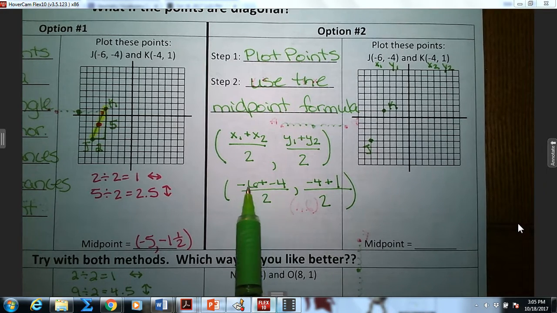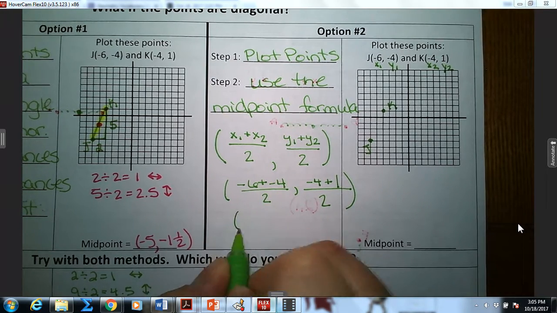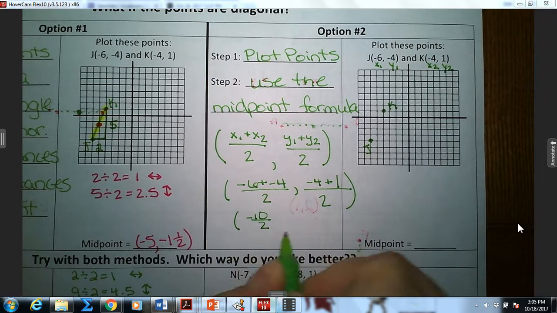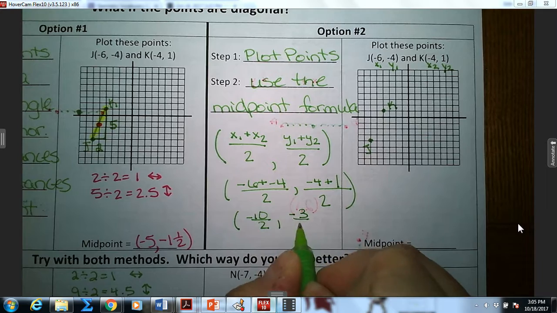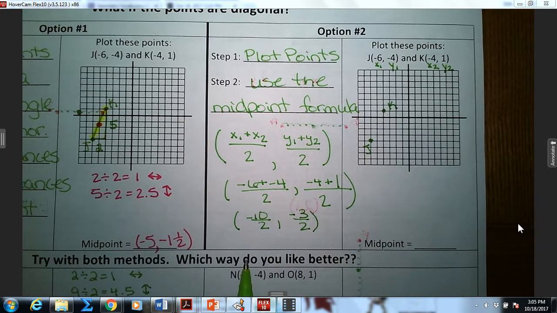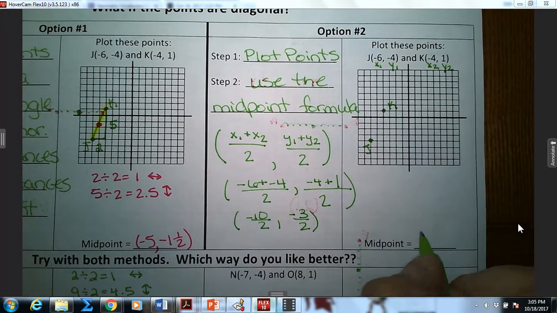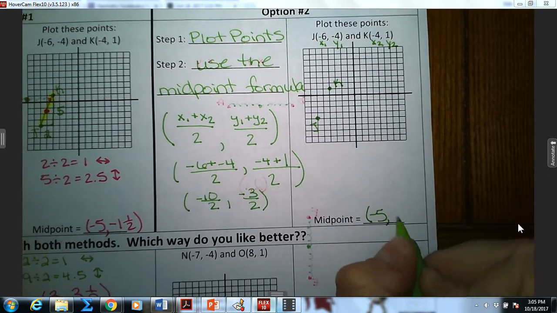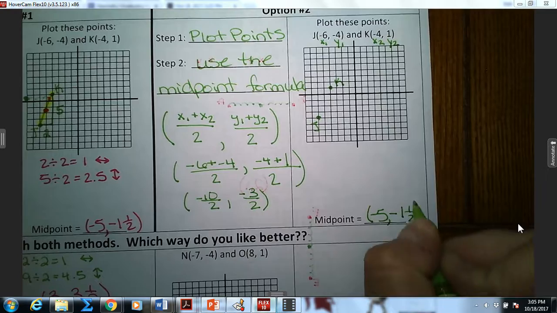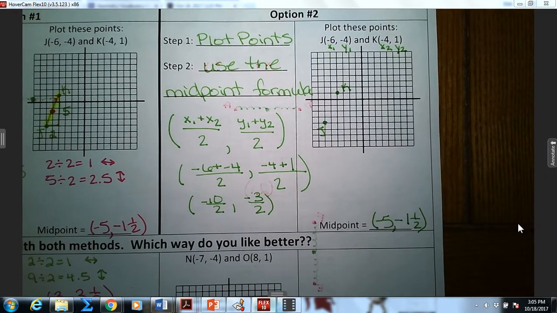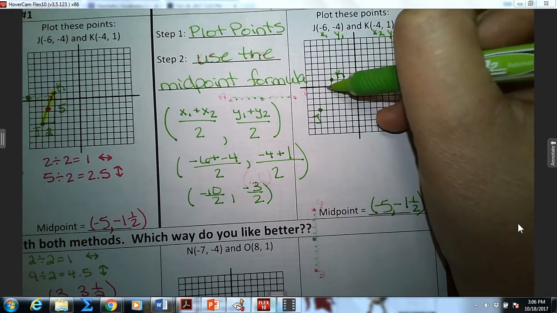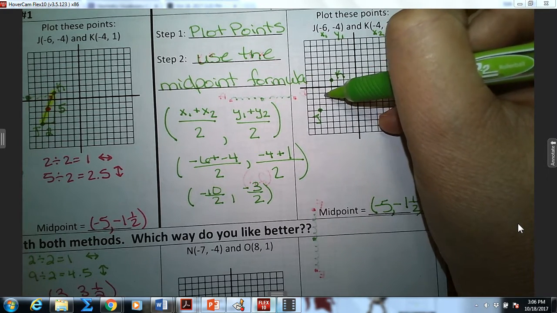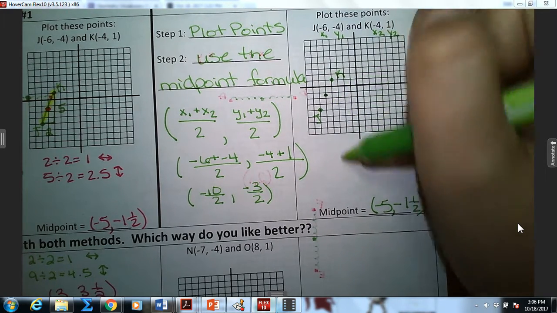Let's start in the numerators. -6 plus -4 is -10. -4 plus 1 is -3. -10 divided by 2 is -5. -3 divided by 2 is -1.5. So our midpoint is at -5, -1.5. Exactly midway